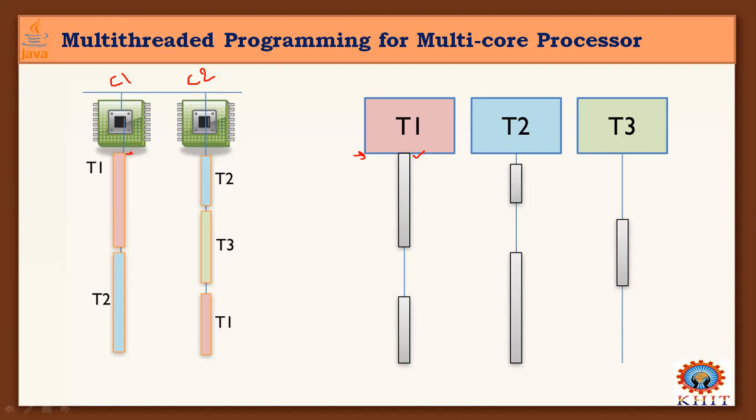So from this starting, right? Here is the total time taken for this module to be completed by thread 1. So we switch it to this one. This process is called simply scheduling. Scheduling plays a key role in improving the performance of a computer, or increasing the throughput of a computer, when we are using multi-threaded programming on multi-core processors.